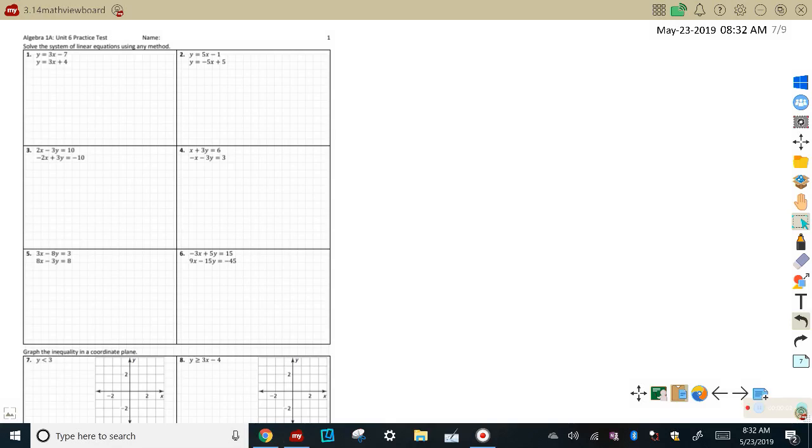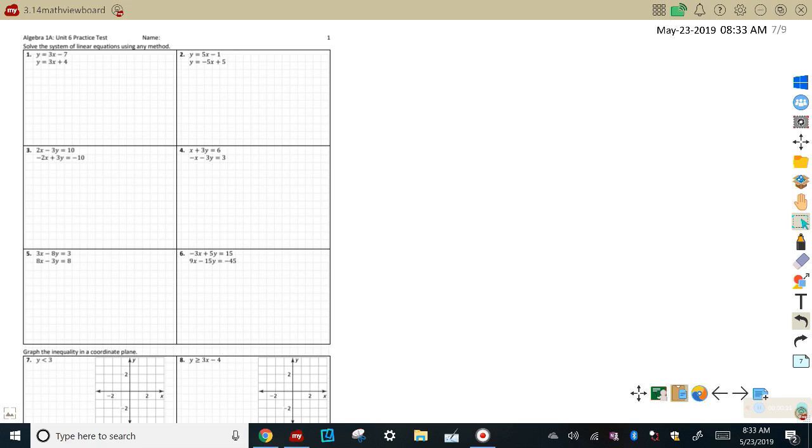Do you guys remember what it means to solve a system of linear equations? What do you normally do if you have one equation? Usually try to get the variable all by itself. Okay? How many variables do we have on each one of these equations in number one? Two different ones. Okay, so you normally will have at least two equations if you have two different variables to